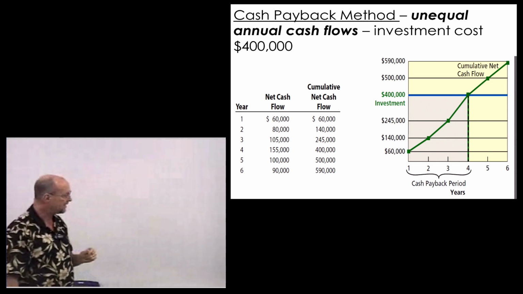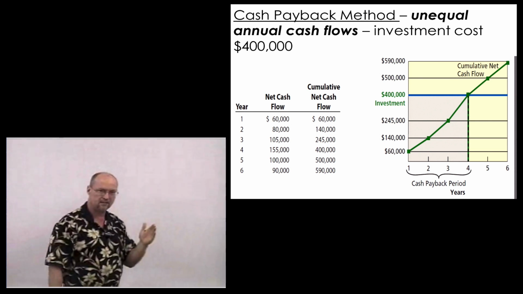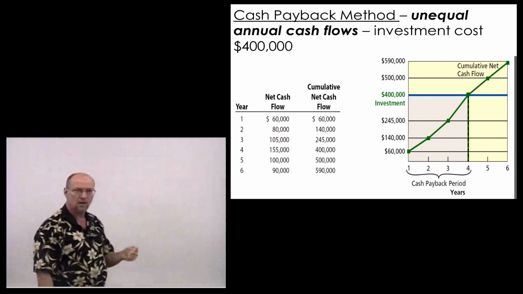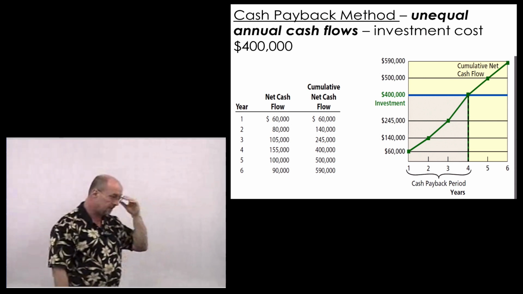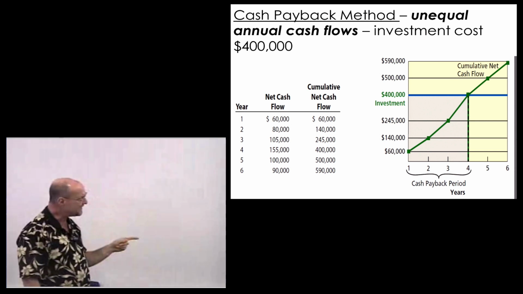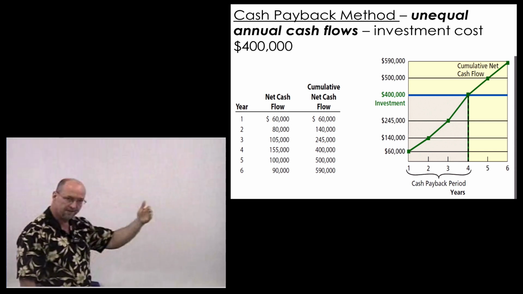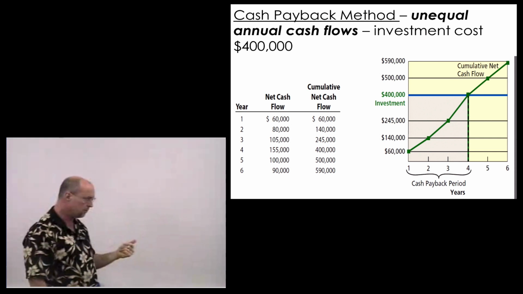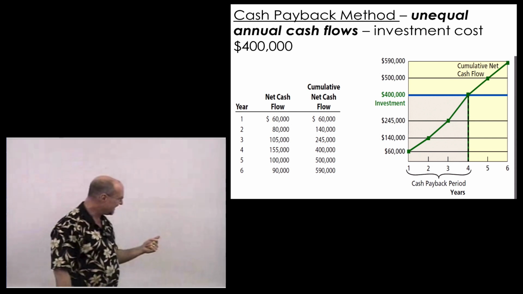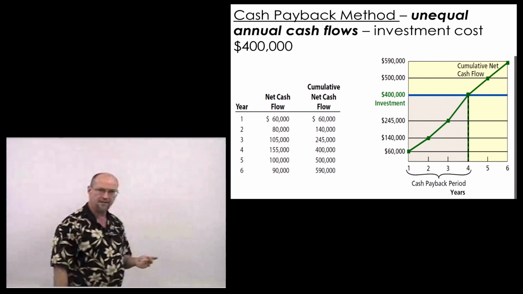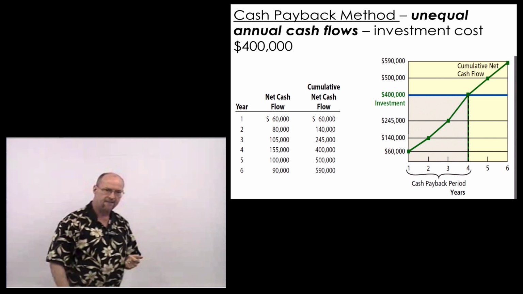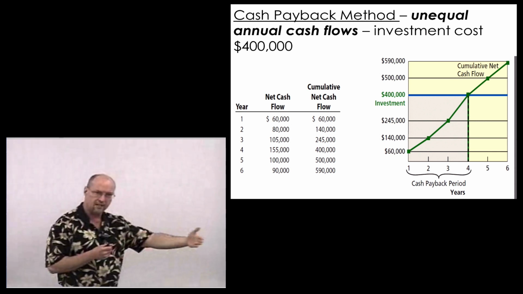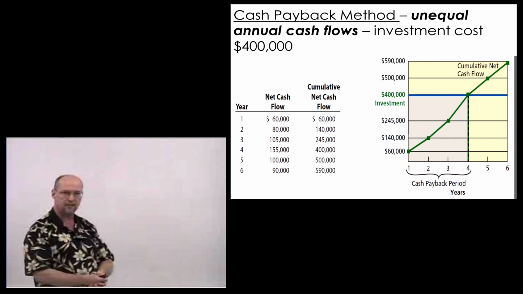More often than not, it's not going to land right on the money. Let's just say the cost was 450,000. Just changing the example here. That would mean that somewhere between year 4 and 5, I would recover the cost of the investment. So, for example, in year 5, I have $100,000 of cash flows. If I assume that the cash flows are received equally throughout the year, I could divide 100,000 by 12 months,